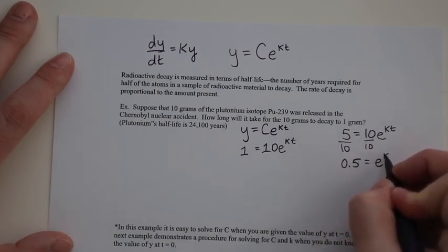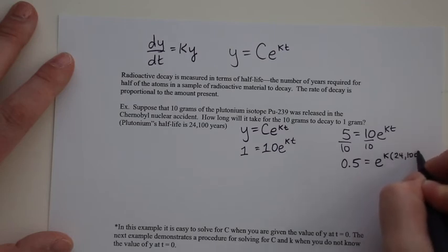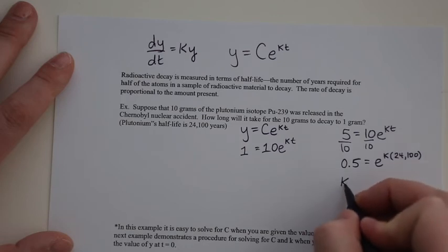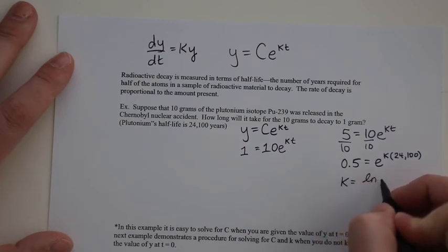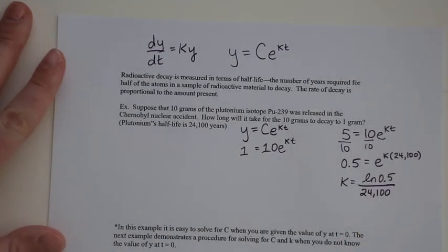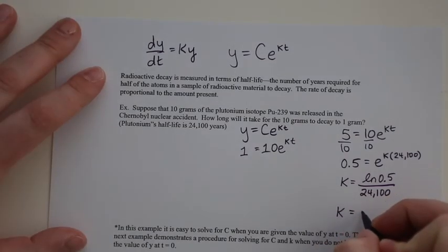Equals e to the k times, it took 24,100 years for it to get down to half as much as it used to be. When you take the ln of both sides and rearrange this, you end up getting that k equals ln of 0.5 divided by 24,100, which is negative